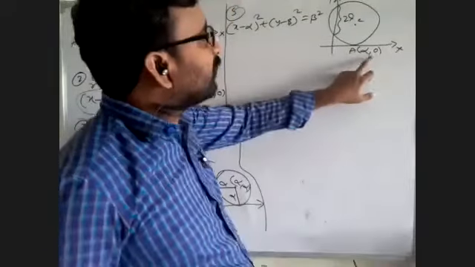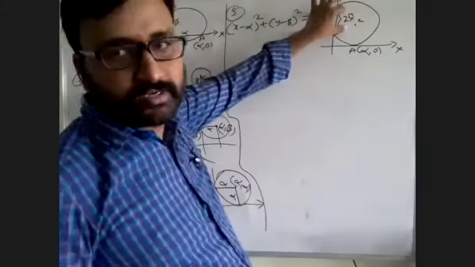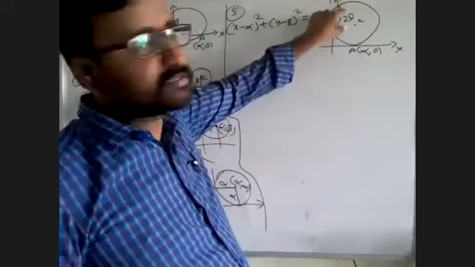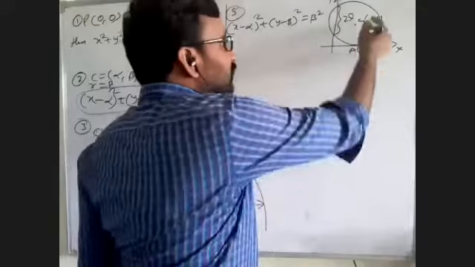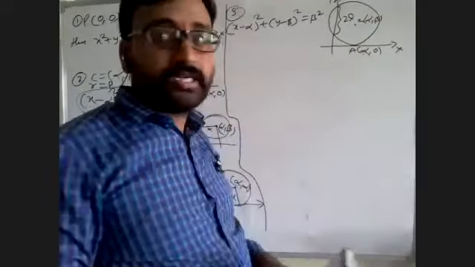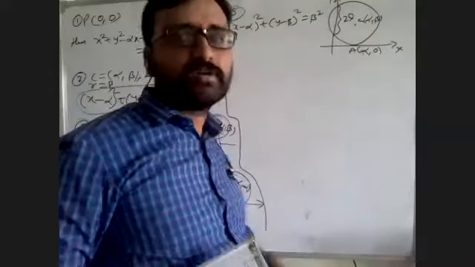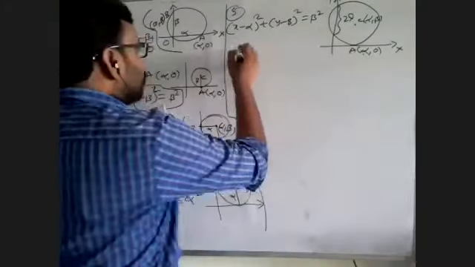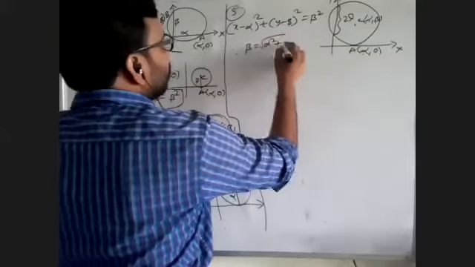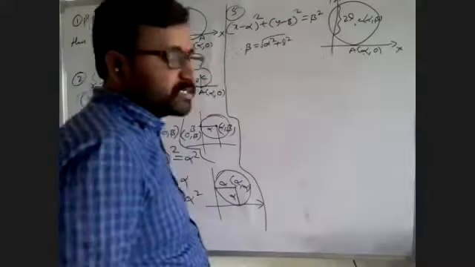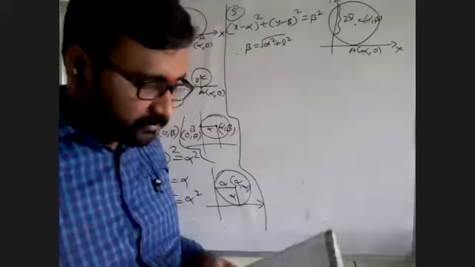See, alpha comma 0 will be given, some 2 comma 0, and the length 2l is also given, some 20, 30, whatever it is. But the center is what? Alpha comma beta, right? This alpha is given, but beta is not given. But in the formula, we have x minus alpha whole square plus y minus beta whole square is equal to beta square. What about beta? The beta value is, since beta is equal to root over alpha square plus L square.